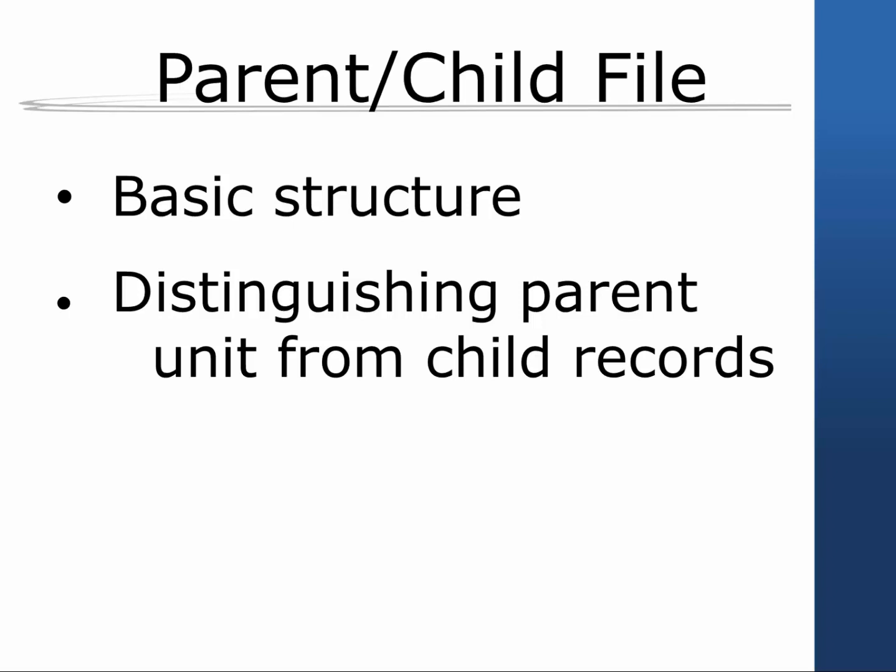The parent-child file combines information collected in the roster's transfer sections onto records representing family members of heads and wives in the roster and transfer family level file. There are two types of records on the file. The first type of record has information about a head's or wife's parent unit. A parent unit can either be a single parent, a parent and his or her spouse, or a parent and his or her cohabiting partner. The second type of record has information about a head's or wife's biologic, adopted, or stepchild. Because many parallel questions were asked about parent units and children in the roster and transfer module, they can be combined into one file. There's a variable that distinguishes between parent unit records and child records.